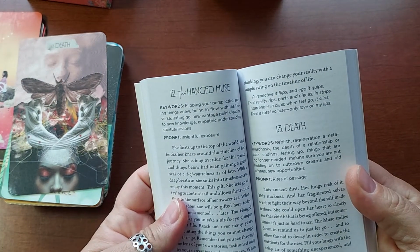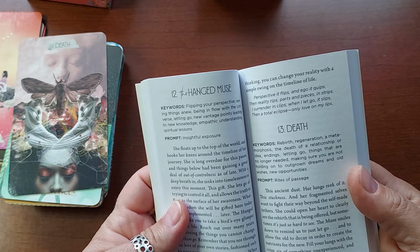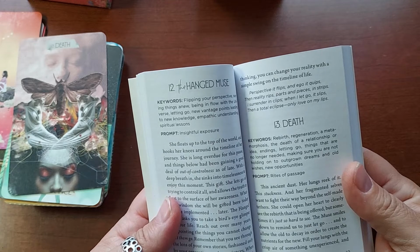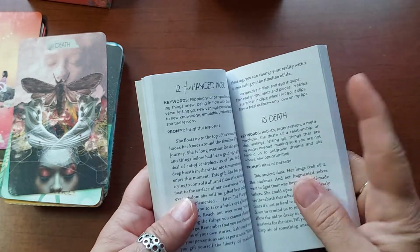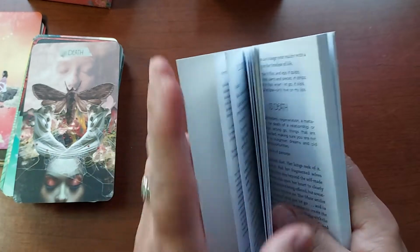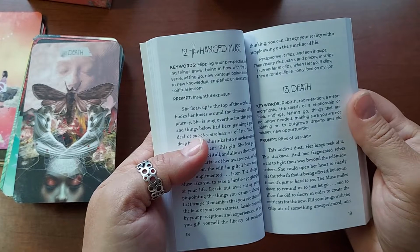Rebirth, regeneration, a metamorphosis, death of a relationship or idea, endings, letting go, things that are no longer needed, making sure you are not holding on to outgrown dreams and old wishes, new opportunities, prompt, rite of passage. Okay, the one thing that I've noticed is there is no reversal on these, and that's fine. You don't have to do reversals. I tend not to, so...